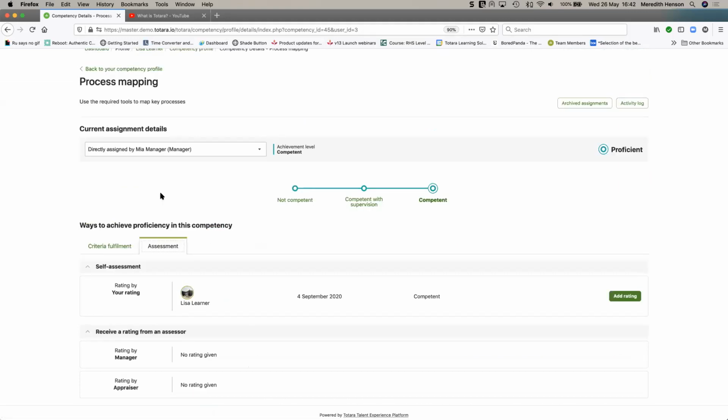There are other ways of achieving a particular competency as it is set up. You can receive an assessment or a rating from different people. So it could be by a manager or appraisal or a self-assessment and any combination. So this accommodates where users might complete a course, but not demonstrate those behaviors, or maybe need to demonstrate those behaviors before they land the top level of proficiency or achieve that competency. So you can accommodate just learning-based achievement, observed achievement, or a combination of the two.